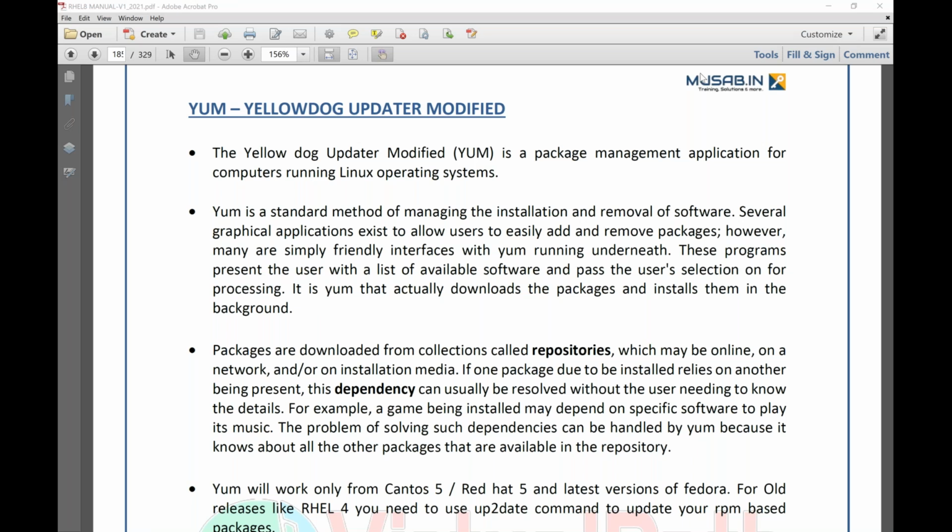In yesterday's class, we have seen half of the software management part with RPM. That is general management of software, what we learned, and it was very important as well. Now we are going to learn another part of software management, which is very important when you are dealing with a huge